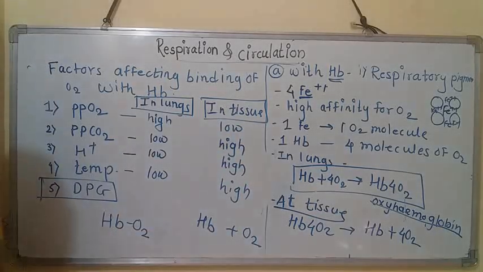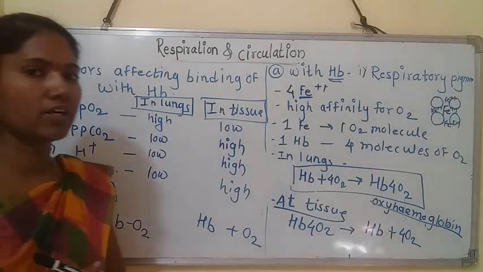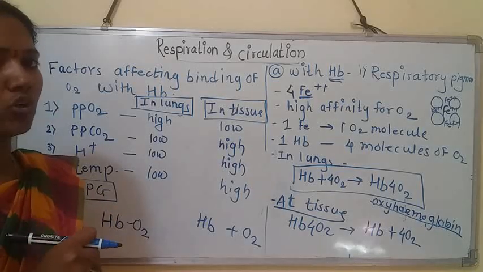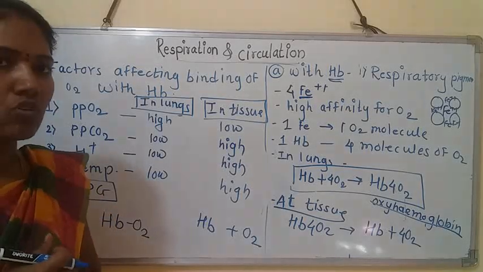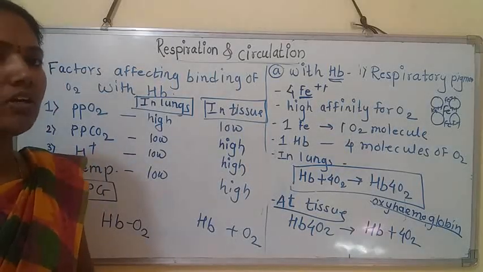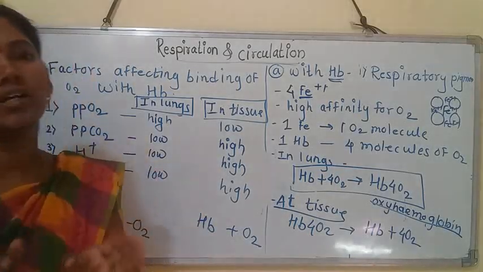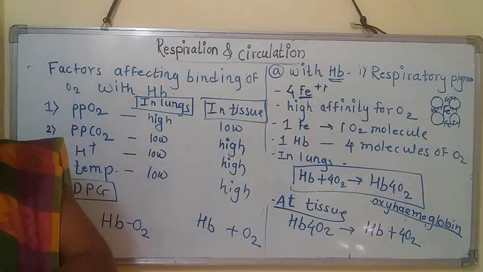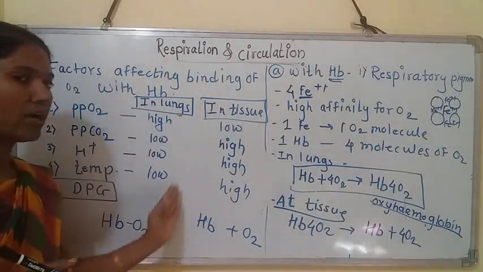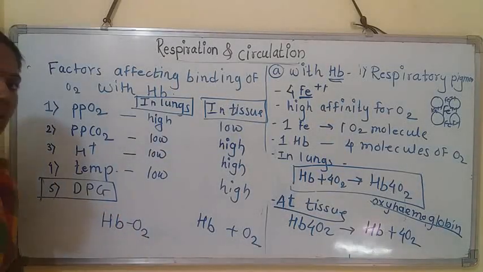So, first our doubt or question was that Hb and oxygen have very high affinity. If there is high affinity, oxygen will remain attached to the hemoglobin and will not get dissociated from it. If it does not get dissociated, it cannot be utilized by the cell. So hemoglobin should bind oxygen at some place and it should get dissociated from oxygen at some place. So how does it happen? It happens due to various factors. Various factors affect the binding of hemoglobin and oxygen.